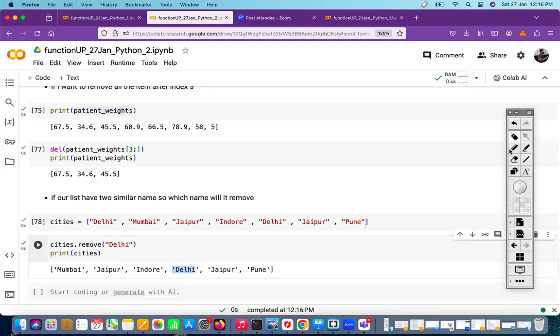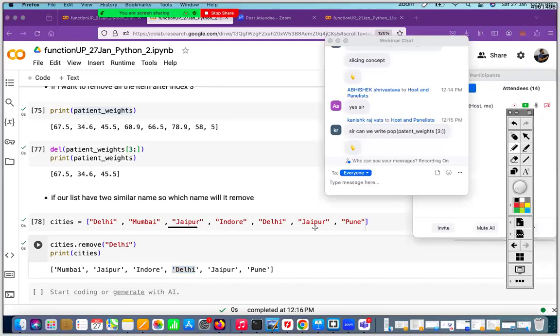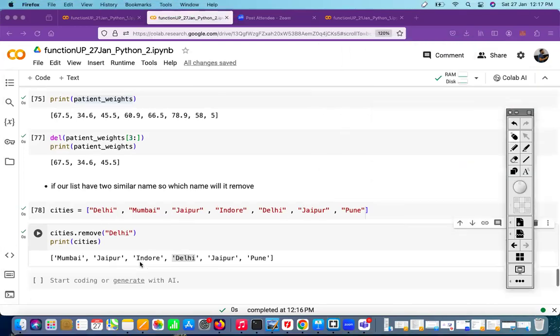Okay, like for example यहाँ पे भी जयपुर है और यहाँ पे भी जयपुर है. Okay, so you want to remove this Jaipur. Okay, if you use remove function, अगर आप remove function यूज करोगे तो ये वाला जयपुर रिमूव हो जाएगा. Otherwise this will be removed. So what is the index of this guy? Okay, so the index of this thing will be